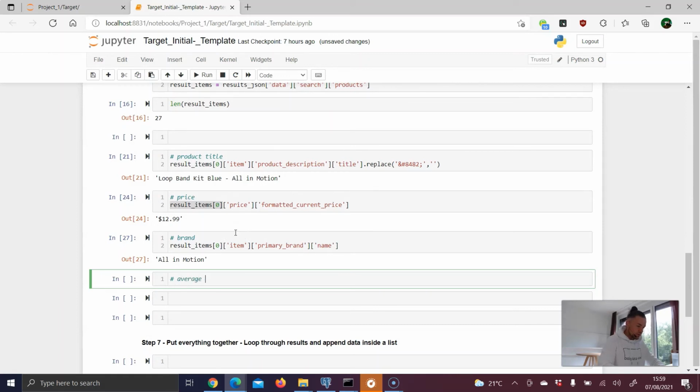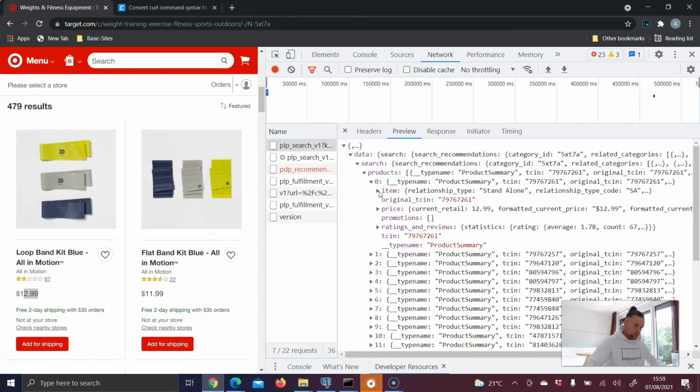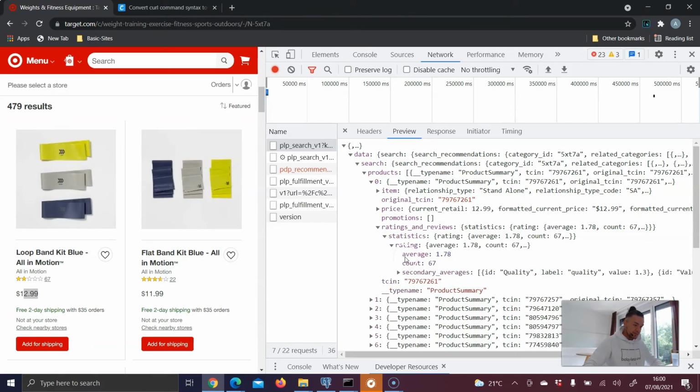Next, we have the average rating. Okay, that means let me provide one comment, average rating, and let's take a look how to get access to this information here. So again, here after we have targeted the first item, we have this ratings and reviews key, and inside this one we have the statistics, and here we have the rating key, and then we have the average and the count. Okay, that's it. Let's do this right now. So again, we have first item, then ratings and reviews,